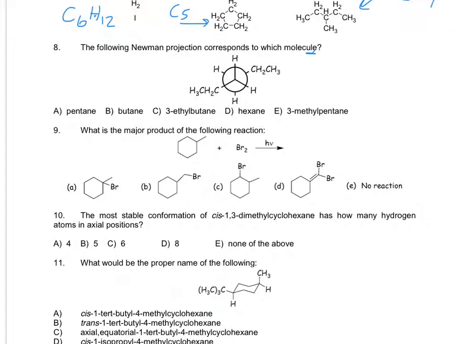Here we're asked about Newman projections. This Newman projection here corresponds to which molecule? So when I look at this, I'm going to essentially translate the Newman projection into a drawing. First, I want to figure out how many carbons there are and if there are any branch points. So there's a carbon here, 2 carbons. Remember that the intersection here is a 3rd carbon, and this circle represents the back carbon of our carbon-carbon bond. That is the Newman projection representation. So that's carbon 4, and then we have carbon 5 and 6, and there are 6. So all 6 of these carbons are in a row. There are no branches, and so if I were to draw